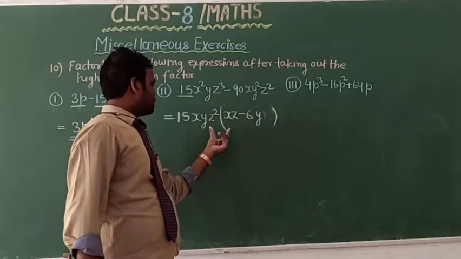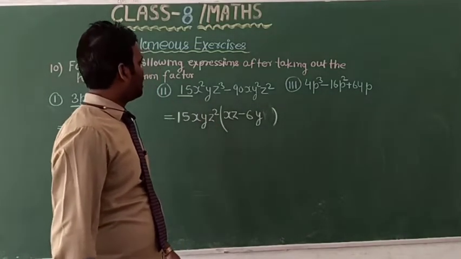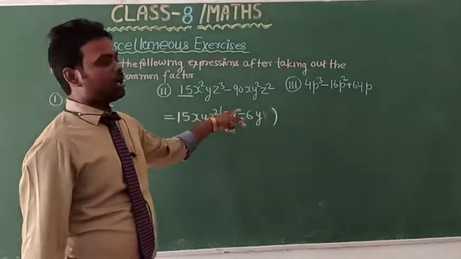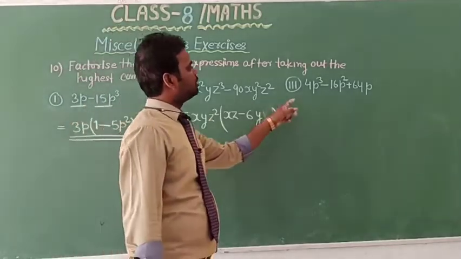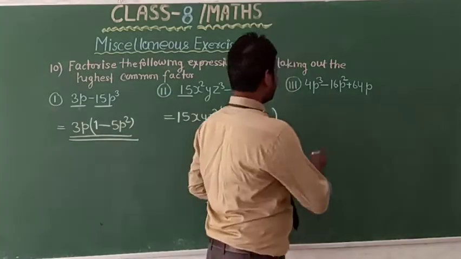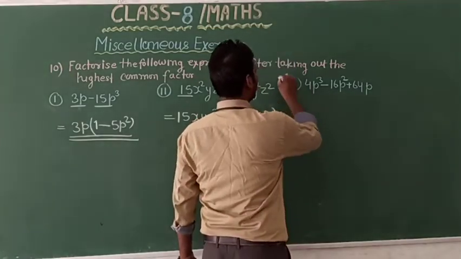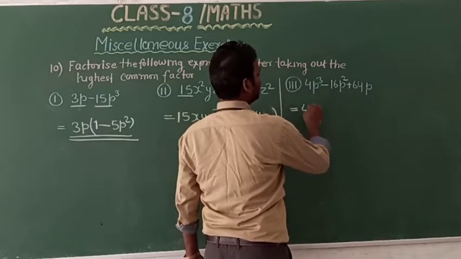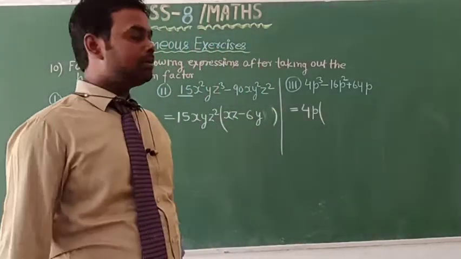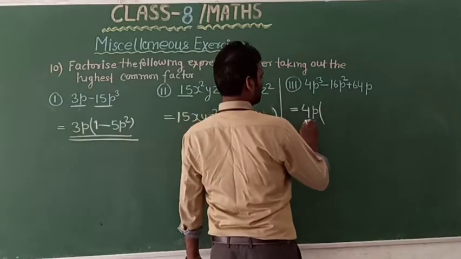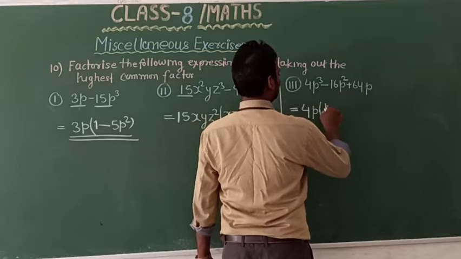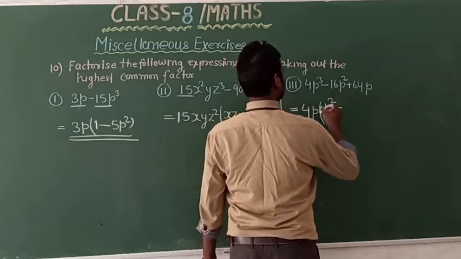So this is the factor of the second part, 15x square y z to the power 3 minus 90 x y square z square. Further move to the third part. This is 4p to the power 3 minus 16p square plus 64p. So here we have 4, and p is common in all the terms. So now taking out 4p outside, here we are left with only p square minus